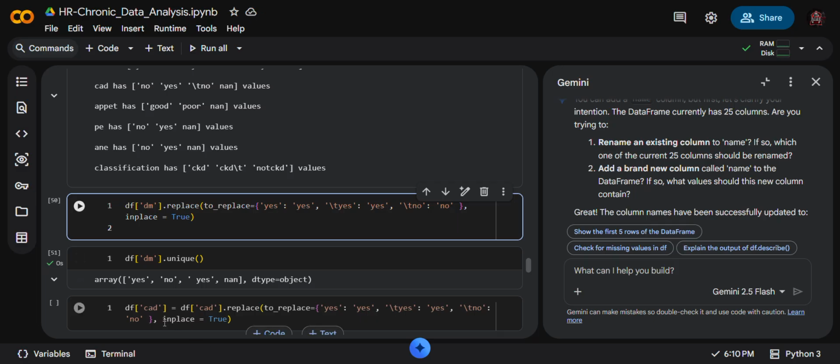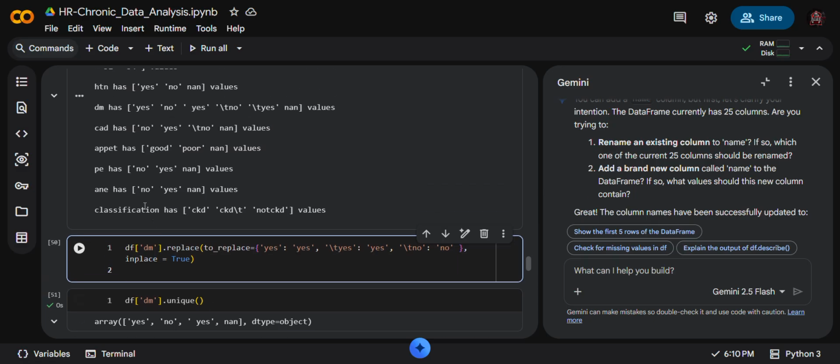Okay, this is the same command, df bracket cad is equal to df. I mean cad is here.